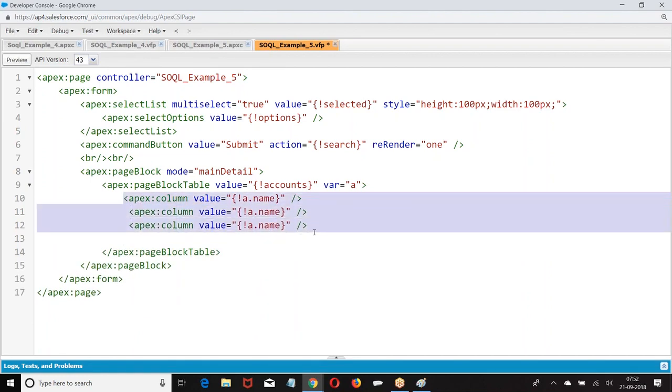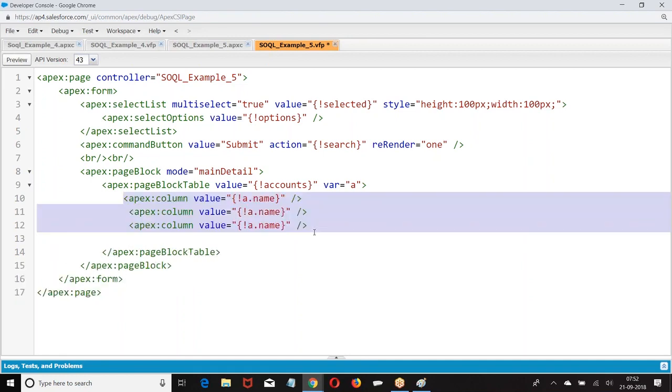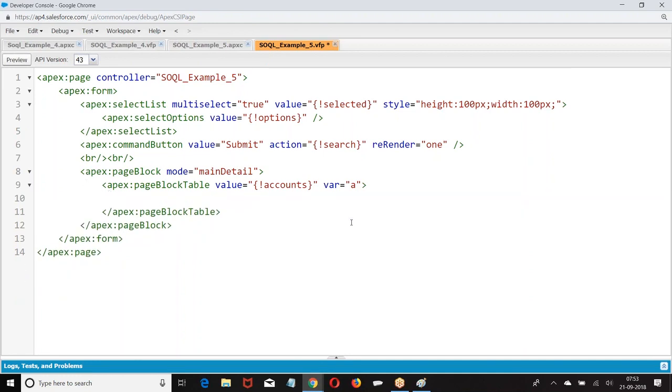So the issue here is, how do you know which fields you selected? Previously, I used to give name, phone, industry directly. But right now, how do you know which fields you have selected? We are not sure. Then how do you define this?